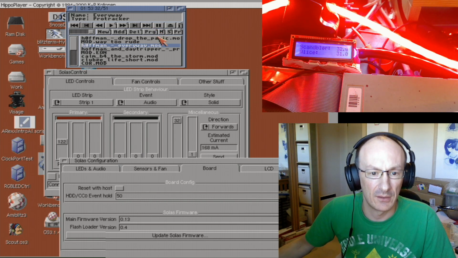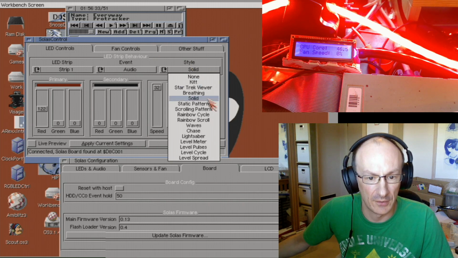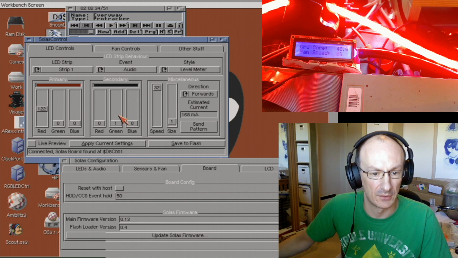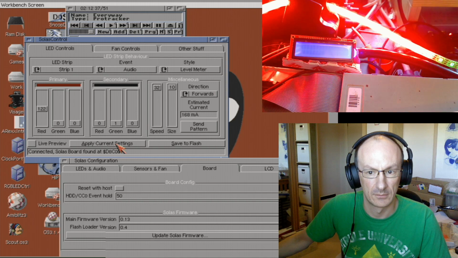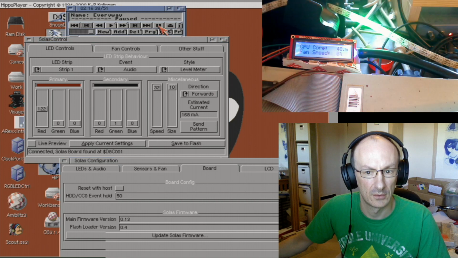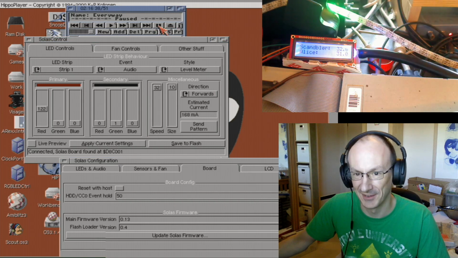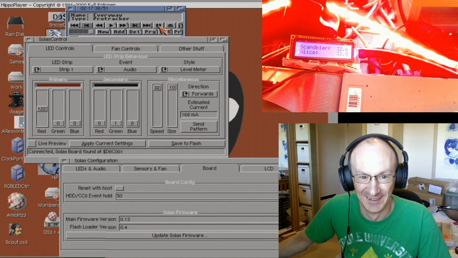But anyway, we've got it working with our solid pattern here, but the idea of that was to actually use it as a level meter. So let's say we've got our level meter with a green background and red meter. Oh, let's see, we need to up that speed. There we go. And so that's working. And if we pause, we go back to our old mode. It's suspiciously easy, this. Don't want to jinx it, but